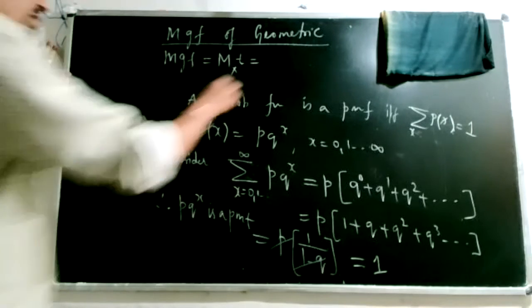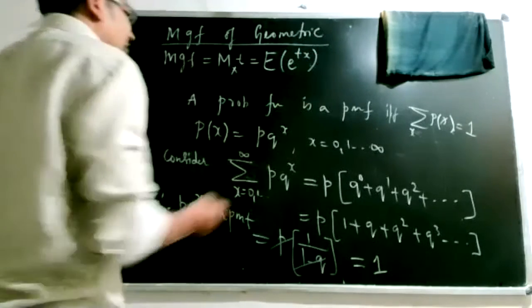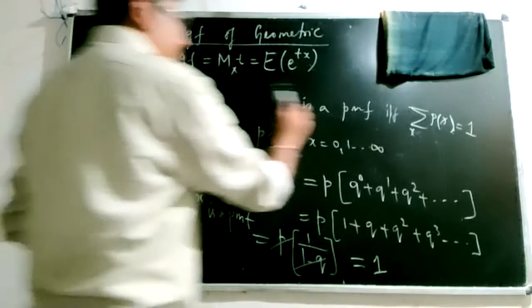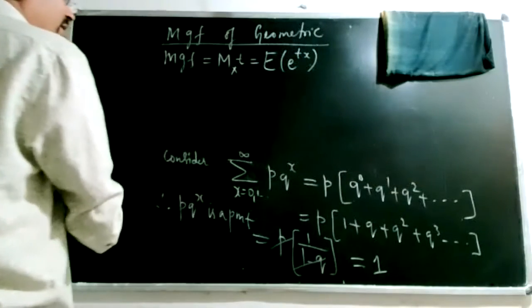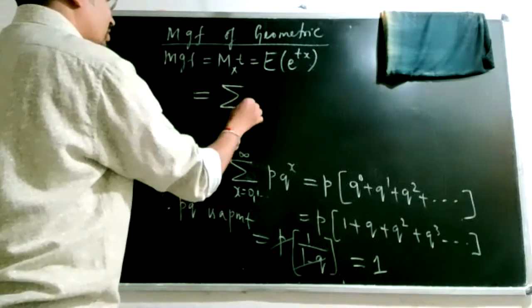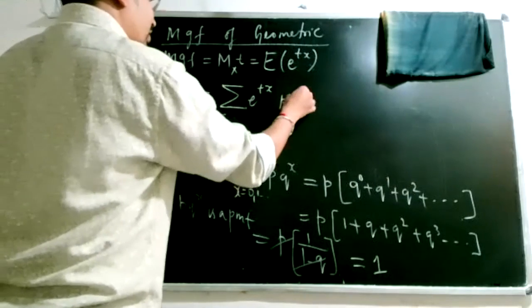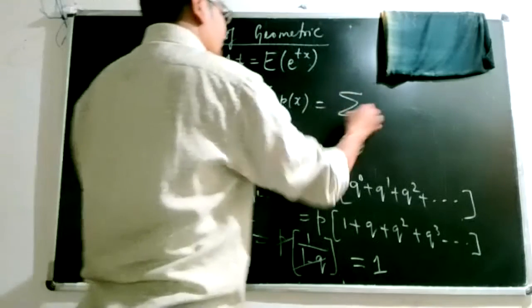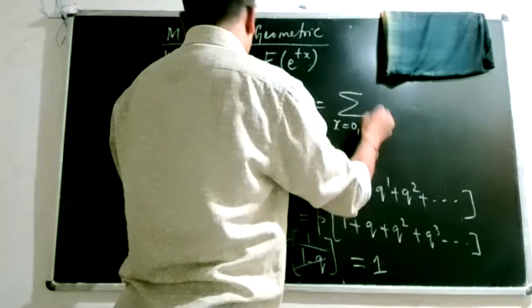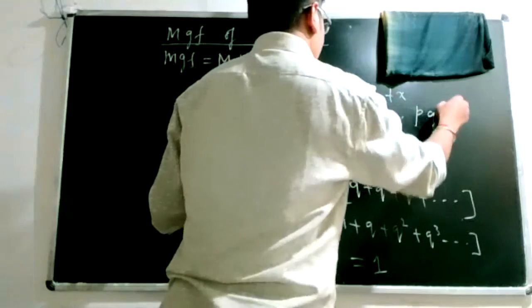Expectation of e power t x. That is your MGF. And by the definition of expectation, that will be summation over all possible values of x, e power t x into the probability function. Here x is taking values 0, 1 to infinity, e power t x into p q power